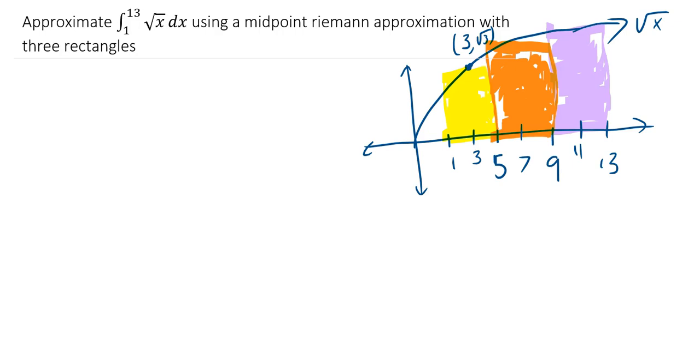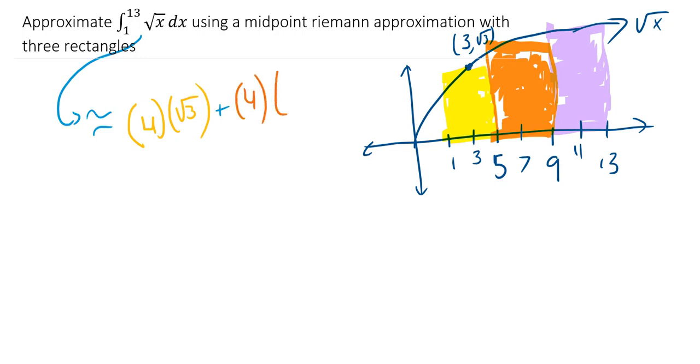So I'm going to approximate this integral as the area of the first rectangle. The first rectangle is 4 wide and square root of 3 tall, plus the area of the second rectangle. The second rectangle is 4 wide and square root of 7 tall,